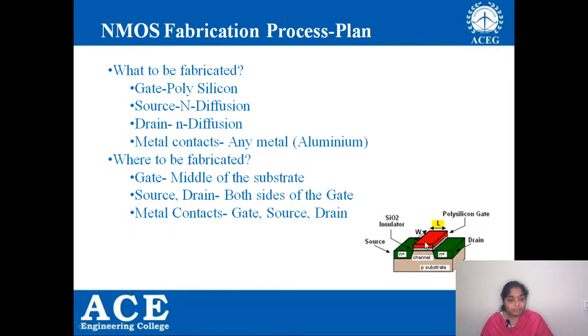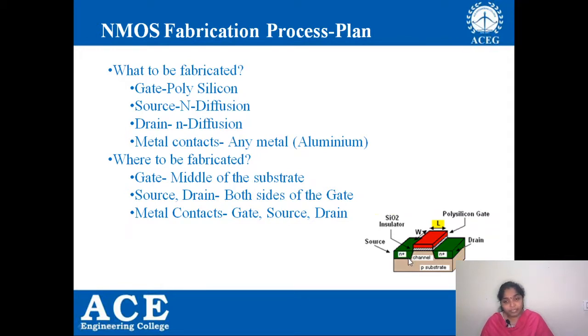That means we need to fabricate a gate, a source, and a drain, and with what type of material. If we want to construct a house or a kitchen, with what material, with concrete or whatever material we use for the construction of the wall, that will not be used for the construction of the slab, right? So in the same manner,